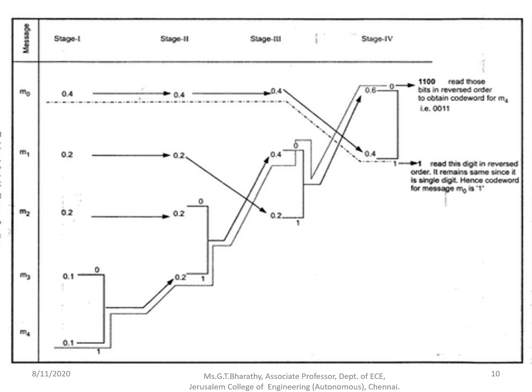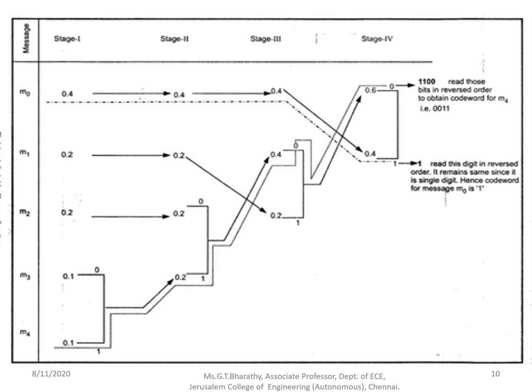M1 has the probability 0.2. So 0.2 is moving from here to this point, where it is assigned the value 1, and from here it moves to the top of the table, 0.6, where it is assigned a value 0. So in the forward path, the data available is 1, 0. How will you write the code word? The code word has to be written in the reverse order. That means the code word for this message M1 is 0, 1.